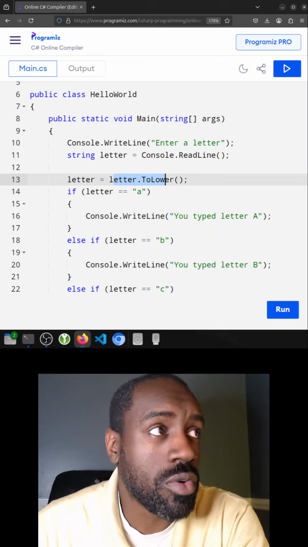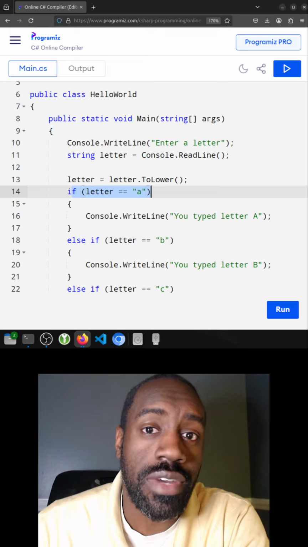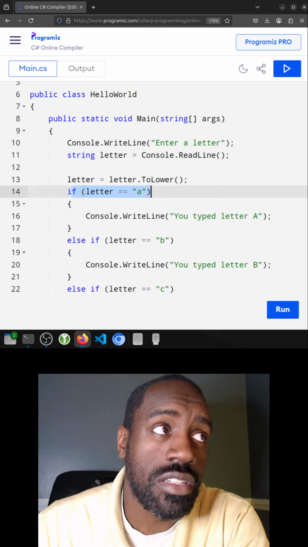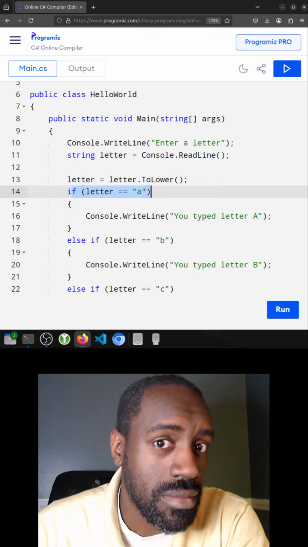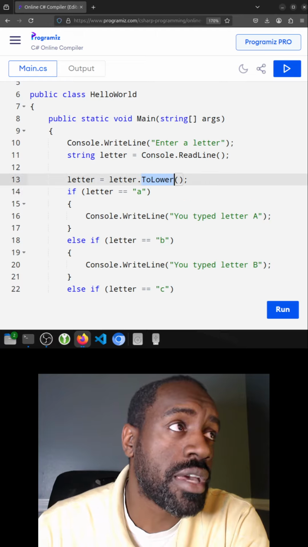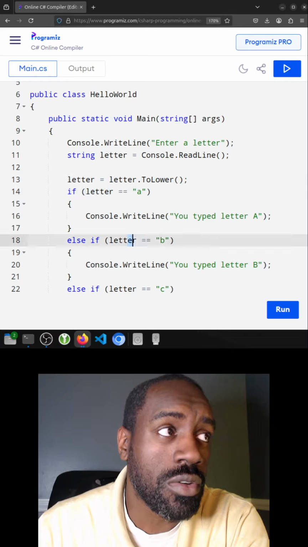Now, why is that important? Well, my condition is only checking for lowercase a's. So if I type in uppercase A, I need it to satisfy this condition if it is an A, regardless if it's upper or lowercase. So one way to do that is to convert everything to lowercase, and then all of your conditions only check